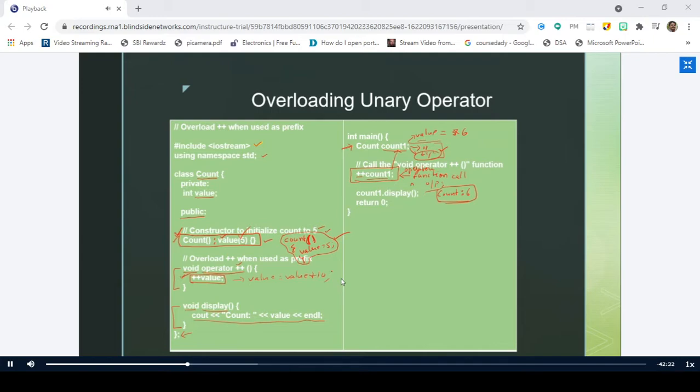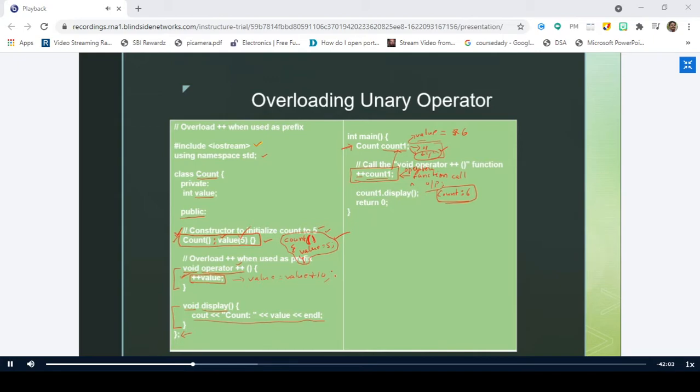Right. You are overloading this plus operator, and when you call this plus operator, it is going to execute this function. It never bothers about what code you have written, what logic you have implemented in this plus. The only thing the compiler knows is plus count one. That means it is going to call this operator function and execute the statements that are present inside this function. So it will execute whatever is present inside it. This is my analysis.